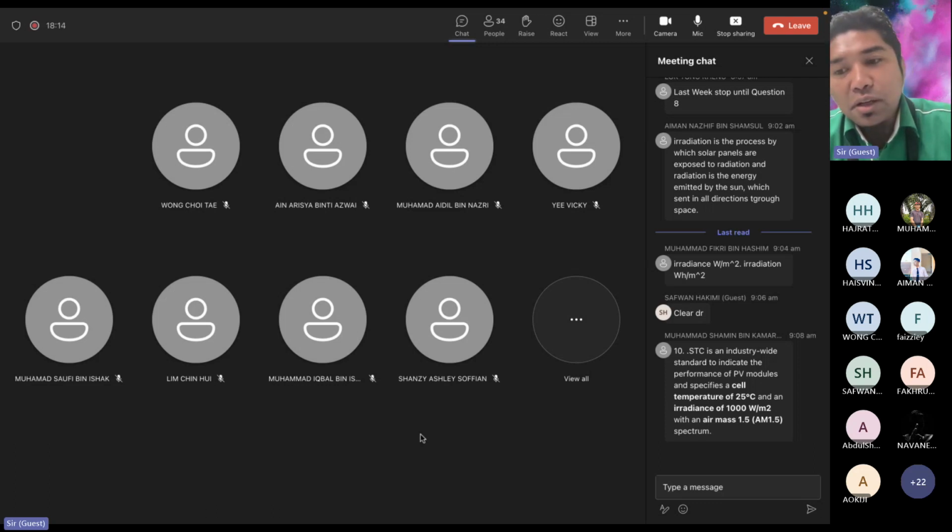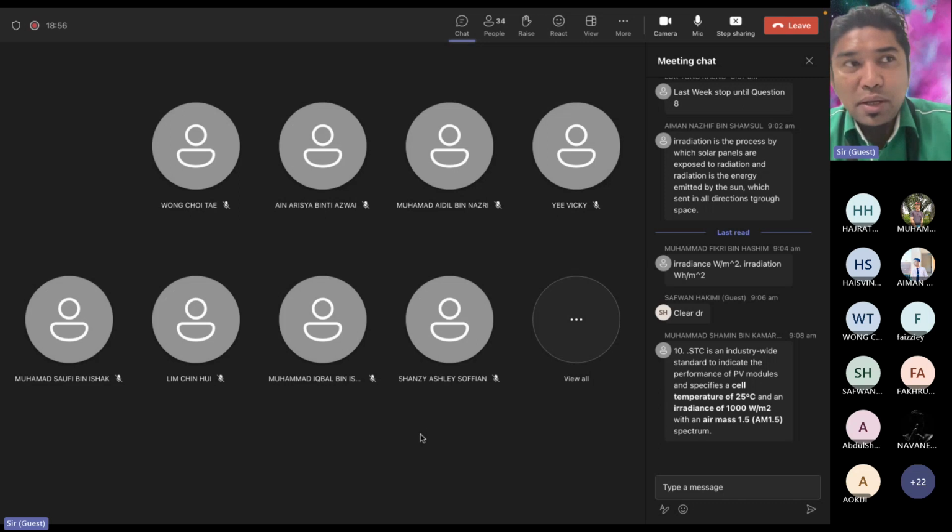It's quite challenging to keep the irradiance constantly at 1000 watt per meter square, because the irradiance from the sun ray fluctuates from time to time. As I mentioned, during the morning it's not that high. After midday, during the afternoon, it might be high, and then going downward it becomes lower until the evening. So that's the challenge, how to get 1000 watt per meter square for a certain period